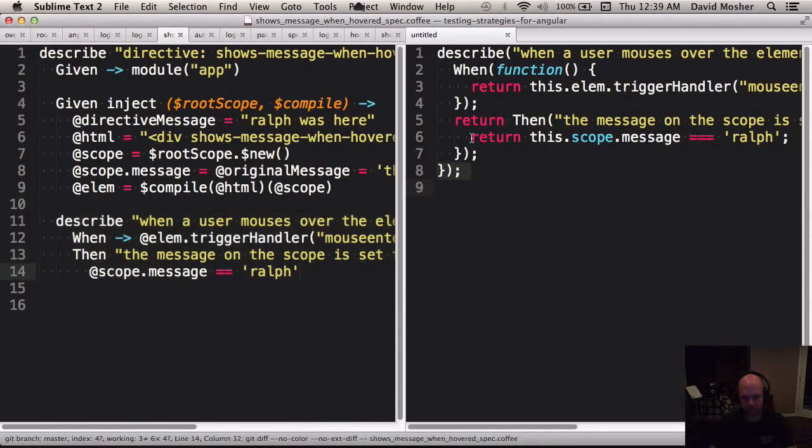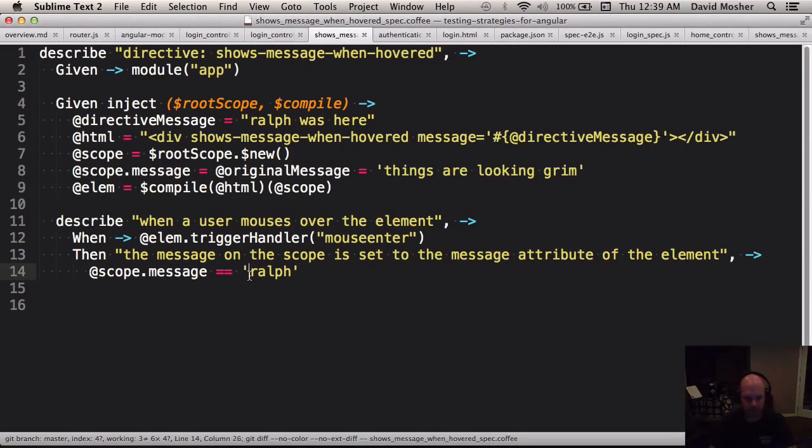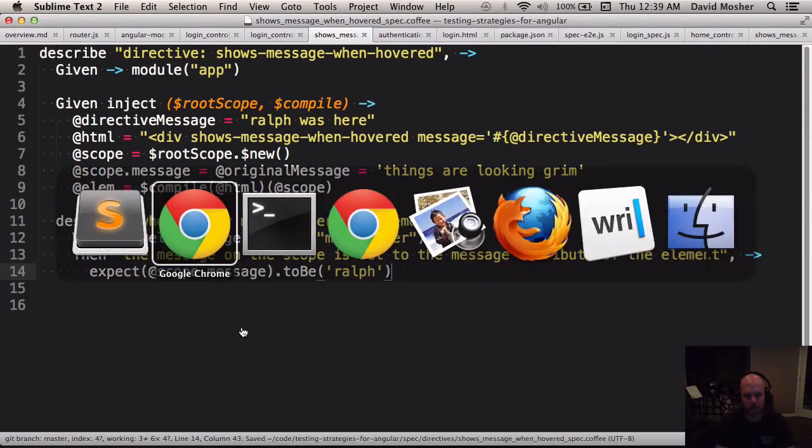But you can see that the last thing that this function does is return this.scope.message triple equals Ralph, which it obviously doesn't. And I could also use expect, which is built into Jasmine. This is an assertion mechanism: to be Ralph. If we go to the Testem runner,